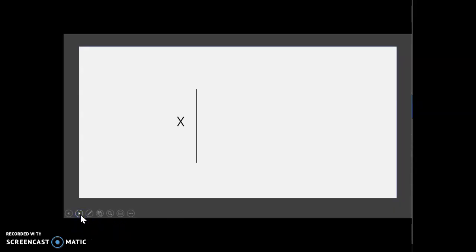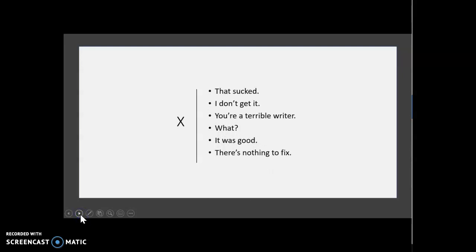I want you to also notice that none of those pieces of feedback were short. We certainly don't want to say things that are derogatory or mean, like "that sucked." This "I don't get it" is not helpful. While it's valid, if you're not understanding, you need to be more specific about what you are not understanding, because just saying "I don't get it" isn't going to elicit a response from the writer. They don't know what you're not getting.